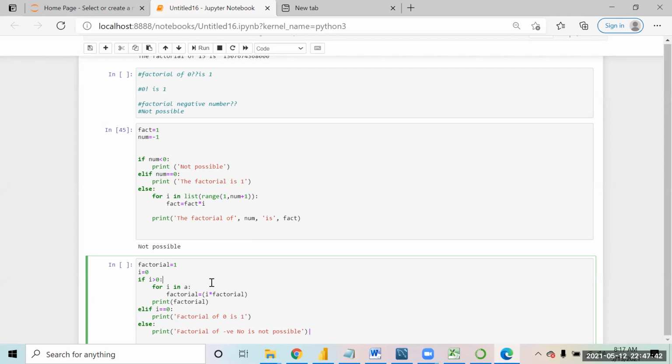So you're saying if value is greater than 0, for i in A. What is A? A is that list, range of list. I think I didn't copy that. Hello?